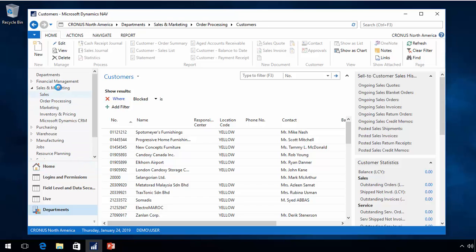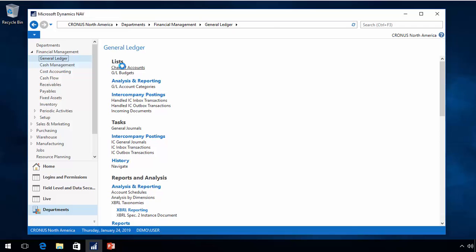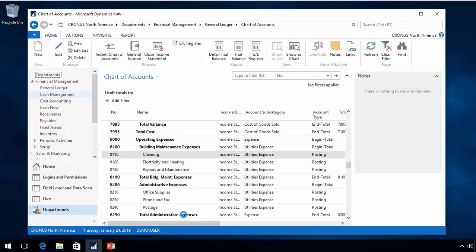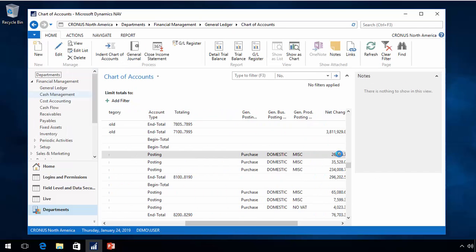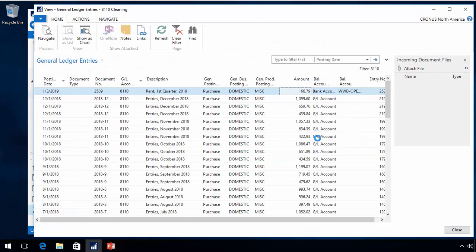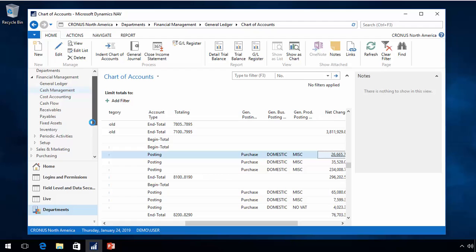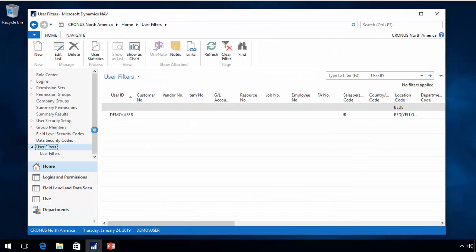Another common use for this one is actually also to filter the chart of accounts, for example. It is possible to filter based on a global dimension filter, for example. So right now I can see on my cleaning account I have 26,000 in here. If I wanted to set up so these things only will calculate based on maybe one or more dimensions, I would go into my user filter,